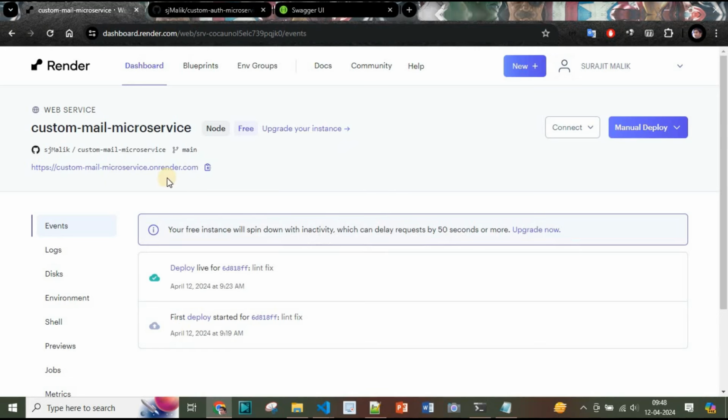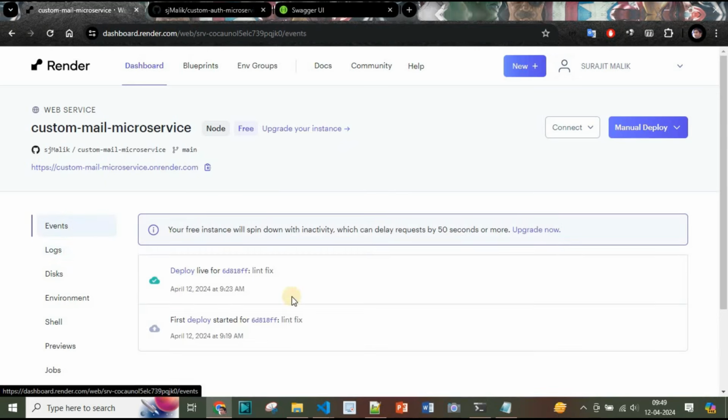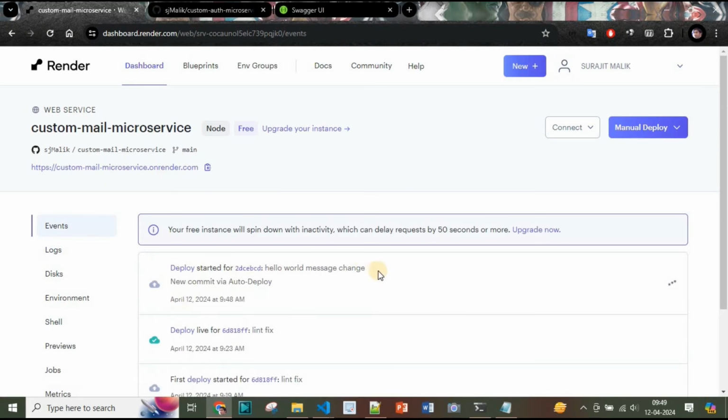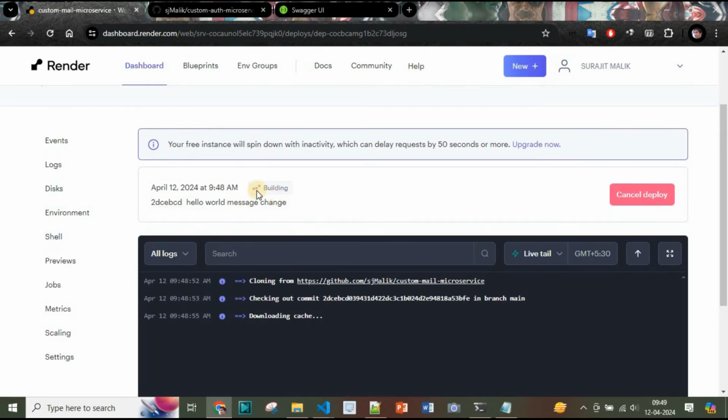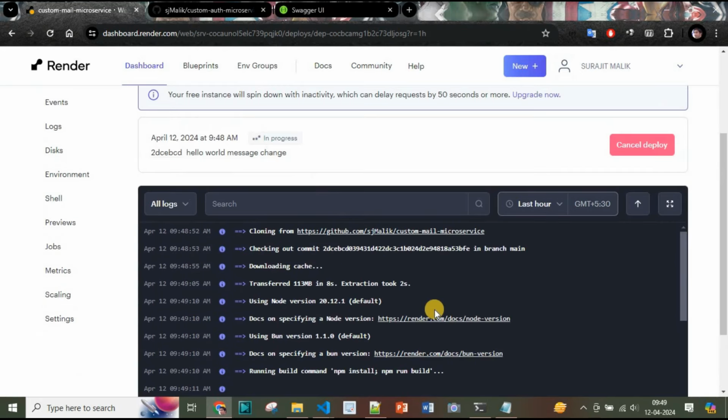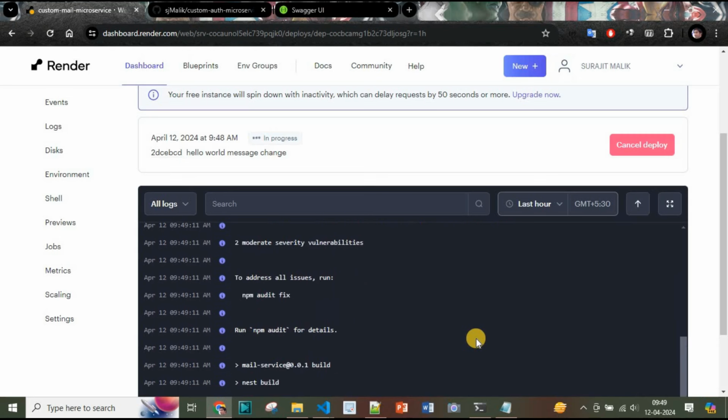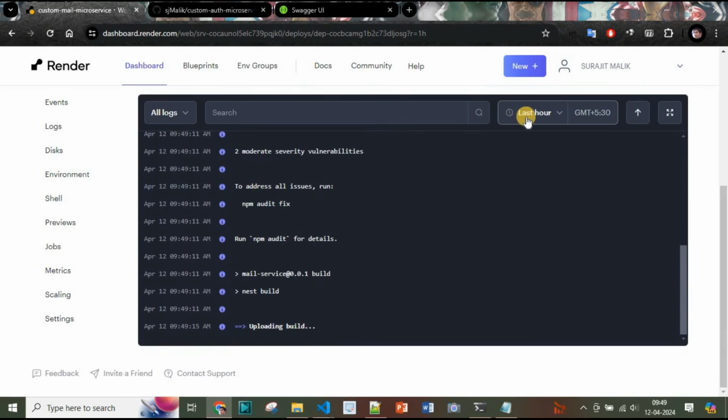It push. Now if I go to the events here, first I will check the logs. You can see the hello world message change. For this change, deploy started, and I can go to the deploy and see the logs here. It's pulling the latest changes from the repository and building the application. And you can see it's performing the same operations here: npm install, npm run build,